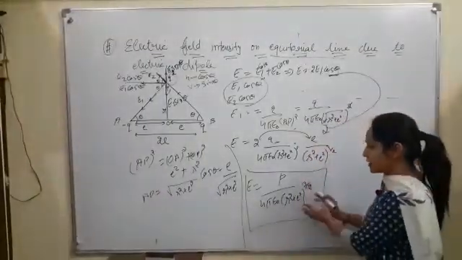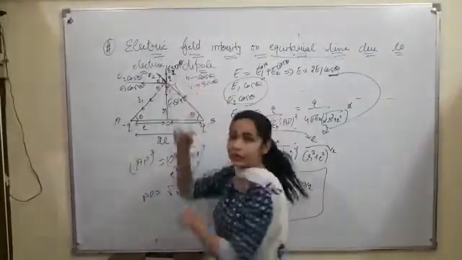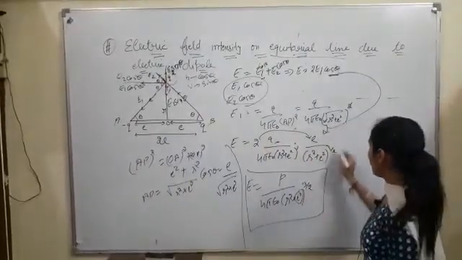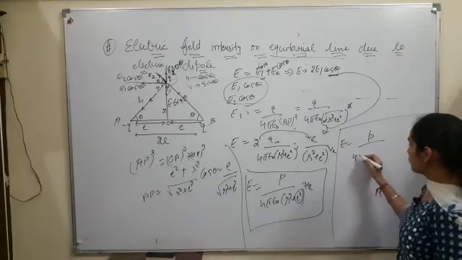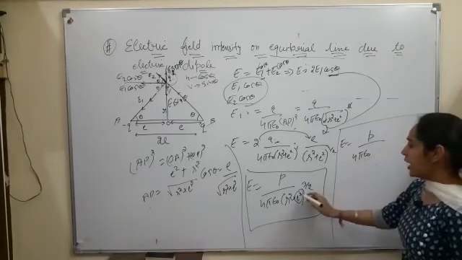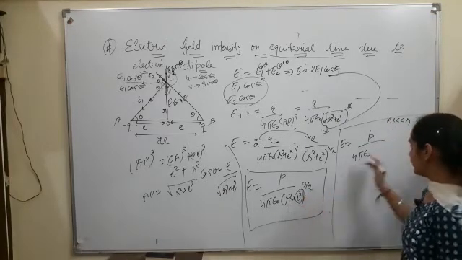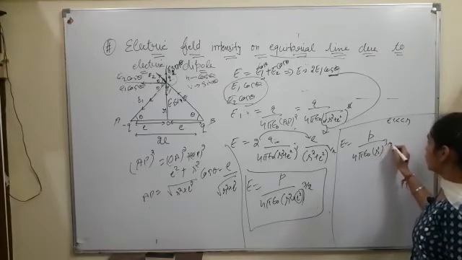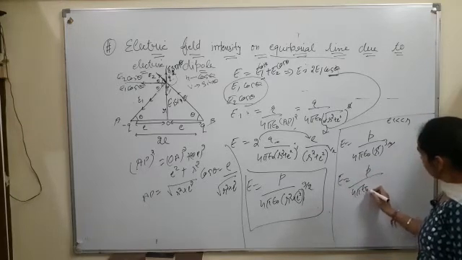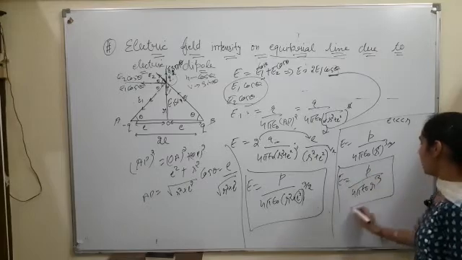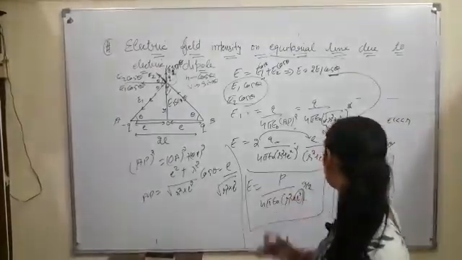Suppose our distance, this L distance, is very small compared to R. Then I can neglect L, and if I am neglecting this, I will be left with the relation E is equal to P upon 4 pi epsilon naught. As I told you, if L square is very small compared to R square, then it can be neglected, and I will be left with R square raised to 3 by 2, the 2 will get cancelled out, and the remaining relation will be R cube. So this is our proof for electric field intensity on the equatorial line due to an electric dipole.